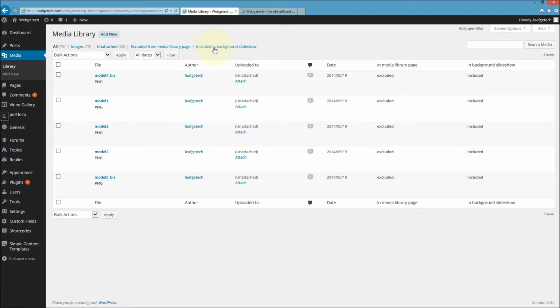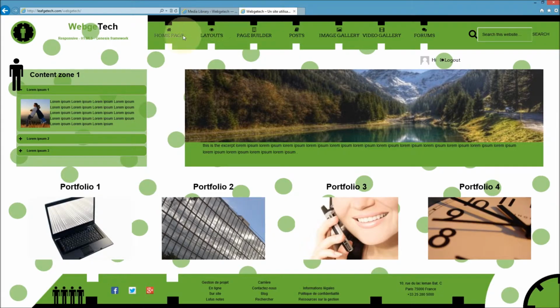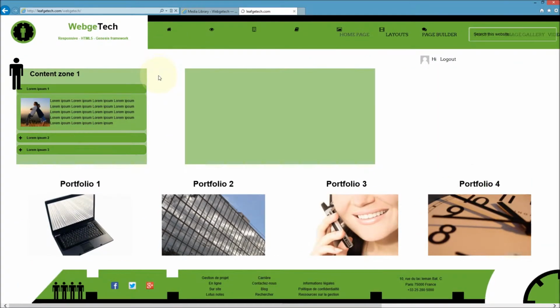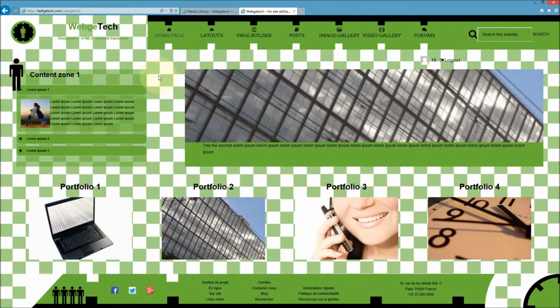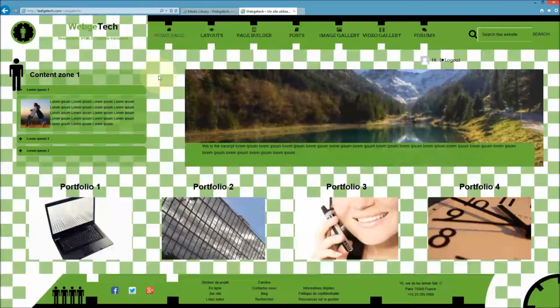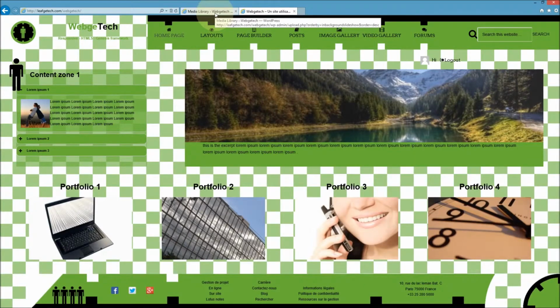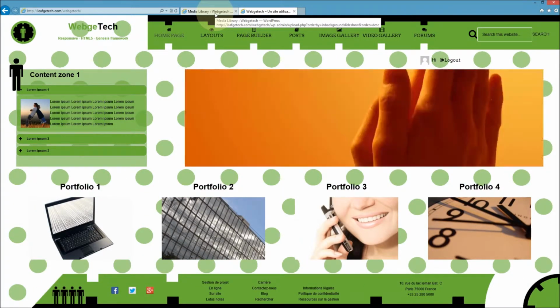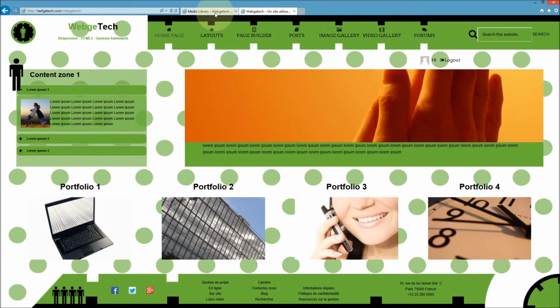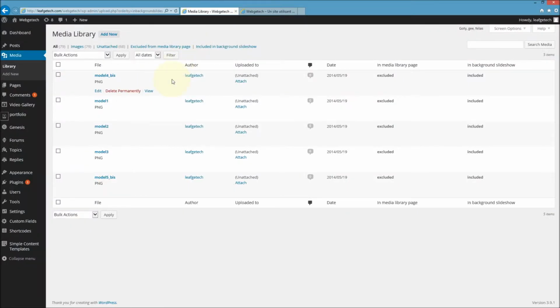Only the images that are selected for the background slideshow are shown. We simply have to reload the page and the background slideshow starts. If you want to control the way the images are displayed in the background slideshow, you have to go to the theme settings,